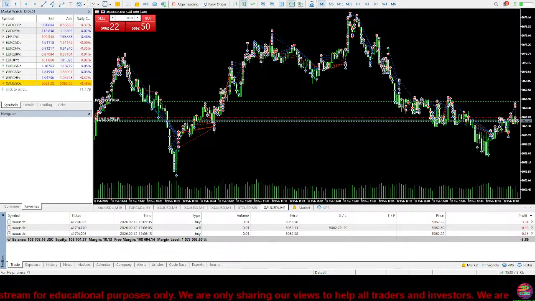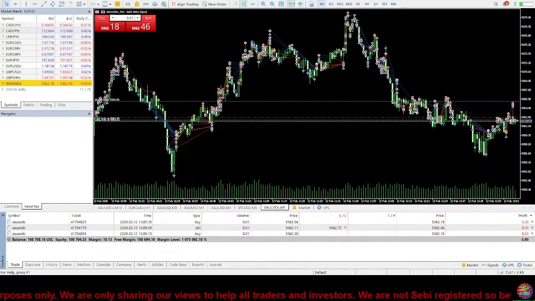It has 24/5 access, meaning you can trade Monday through Friday, any hour out of the day. So if you work a job, you can trade when you get out of your job. If you're up late at night, you can trade late at night. If you're up early in the morning, you can trade early in the morning. Compared to, let's say, options or stocks, you can only trade 9 to 5, which kind of sucks, because if you have a job, you can't get involved in the market. You're simply limited to what you can actually do in the market.